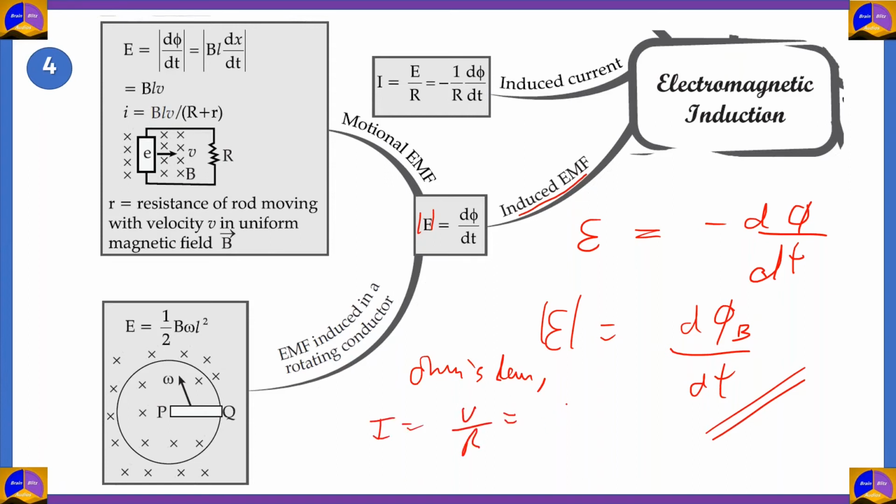Here, the potential difference is basically the EMF, so E by R. And that means that since E is minus d phi by dt, we'll get the value of minus d phi by R dt as the value of the induced current. Now, we know that change in magnetic flux happens when the magnet is moved towards a circular